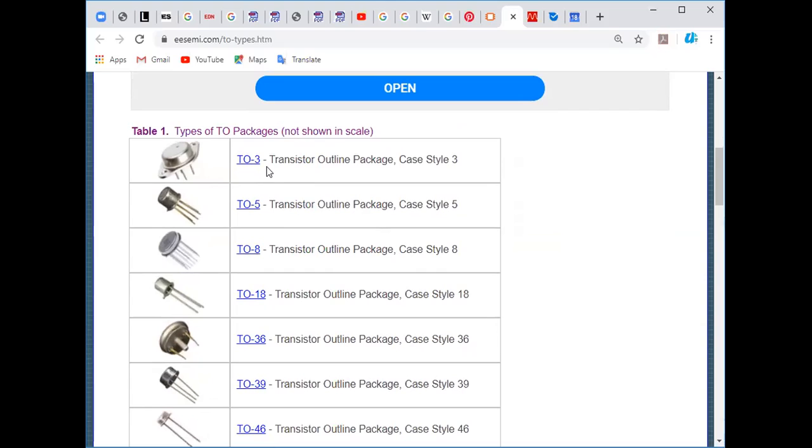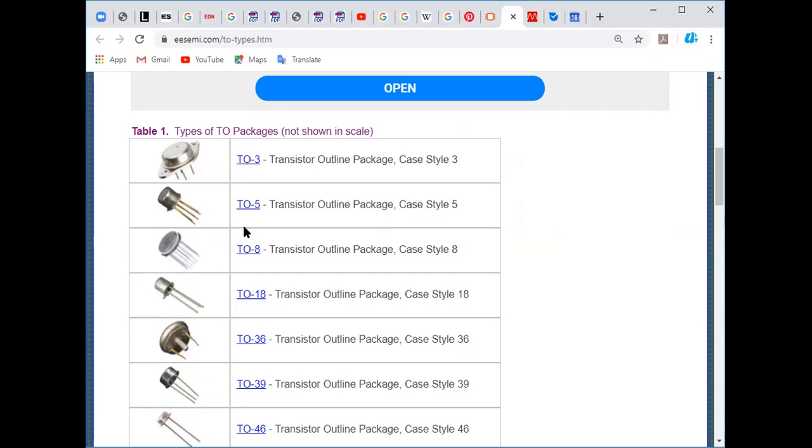TO3 is a through-hole metal case package. And TO5 is also a through-hole. Through-hole in the sense that it has pins. If you want to insert it on the board, you need to drill a hole and solder. This kind of package is called a through-hole package.